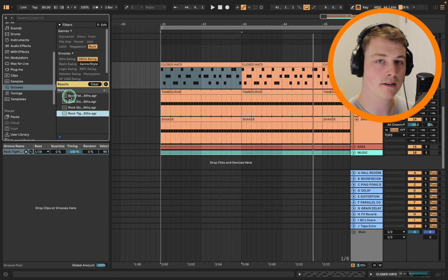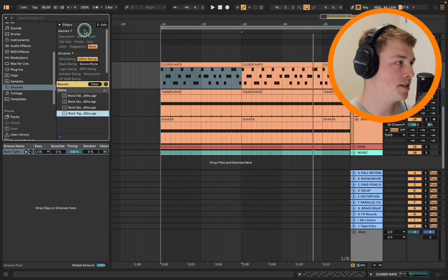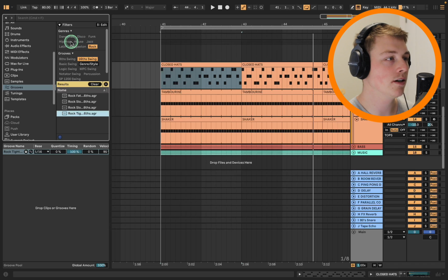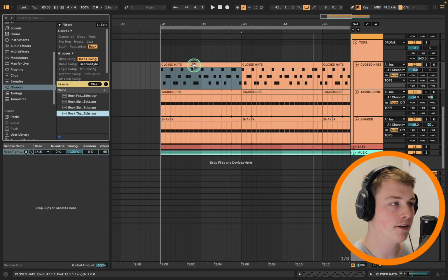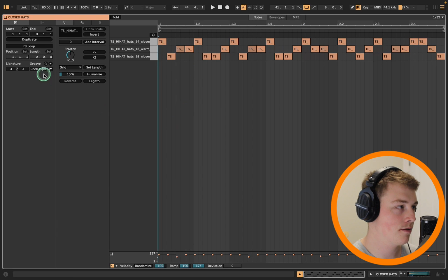So try that. Search up the 16th swing. Potentially you can try the genre that you're doing as well and just cycle through all of them until you find the one that you're after. The good thing about the groove is it does all the work for you. So if I click this commit button here, which is going to showcase what the groove's actually doing,